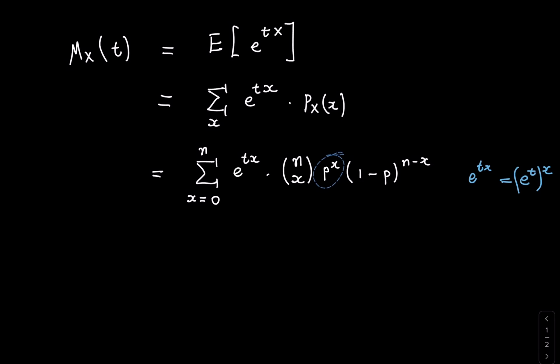So in the next line, x equals 0 to n, we still have that n choose x, but now we can combine the p and the e to the t together, and raise all of that to the power of x. So that becomes p e to the t, all to the power of x, and then we still have that 1 minus p